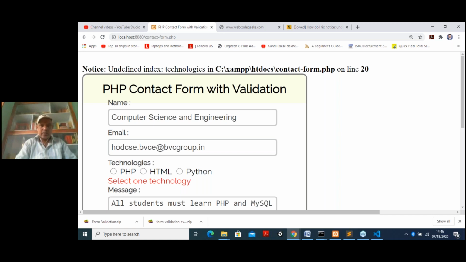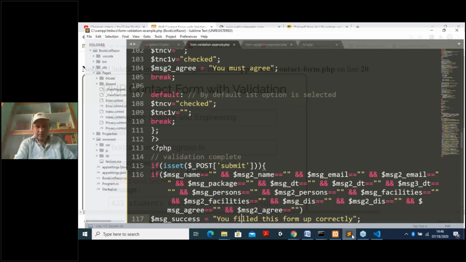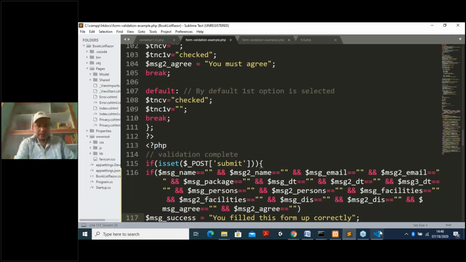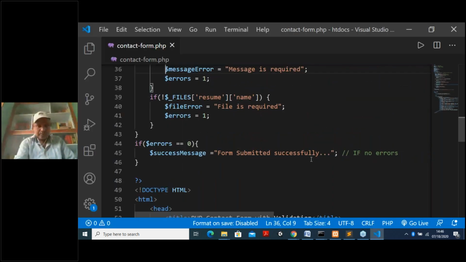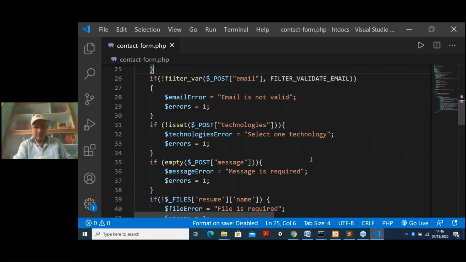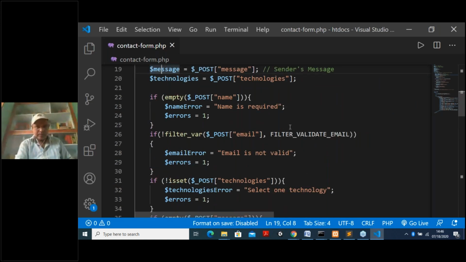So there is some undefined index technology error in line 20. Line number 20, you can check it here. What is the error it is showing? Not here, it's here, line number 20. Dollar underscore post technology, technologies, everything is okay.